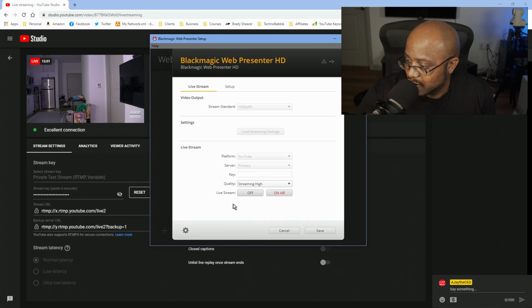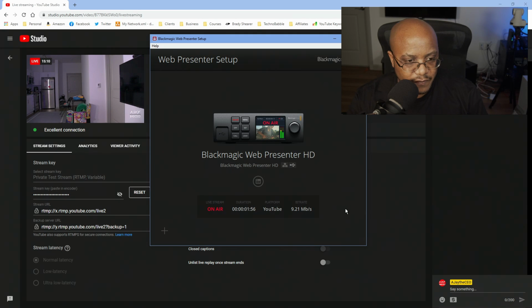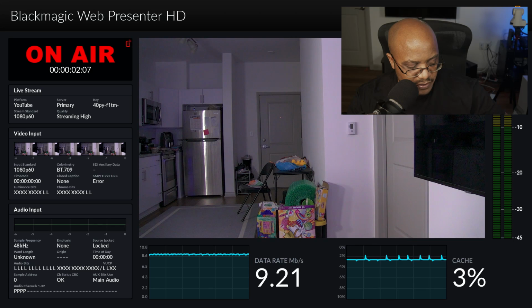Let's go to settings. Let's see. Can we make that change? Let's say connection priority is Ethernet and save. Now, does it switch? No, it doesn't. But let's see how much of a dip happens if I turn off the mobile hotspot, the